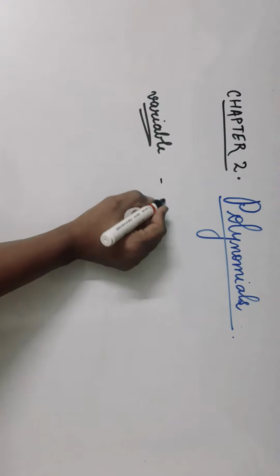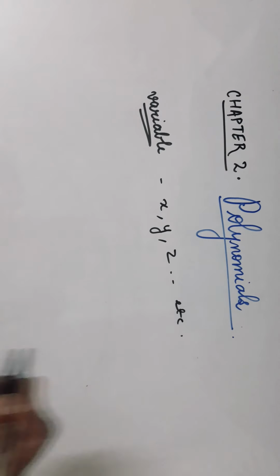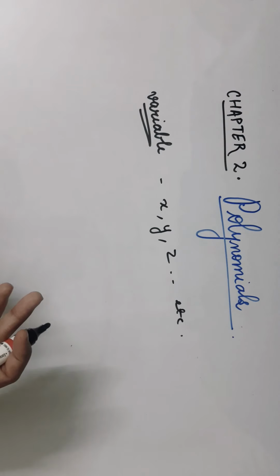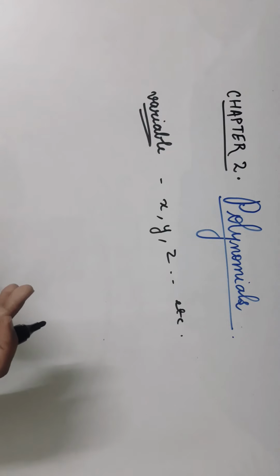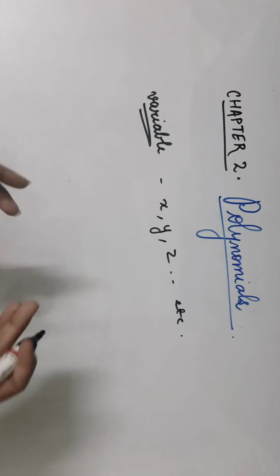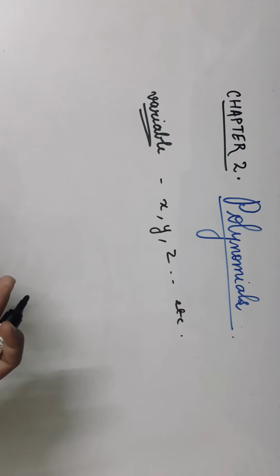Your variable can be denoted by the symbol x, y, z, etc. You can take p, q, r. So variables are denoted by symbols and they do not have a fixed value. Its value is varying, changing. That's why it is called a variable. Clear? Then the next thing is constant. What is a constant? The name itself tells you, its value is fixed, always fixed. So it is called a constant.